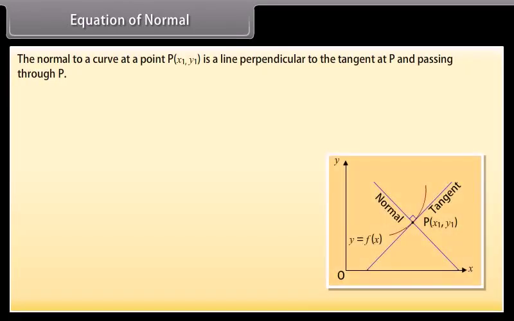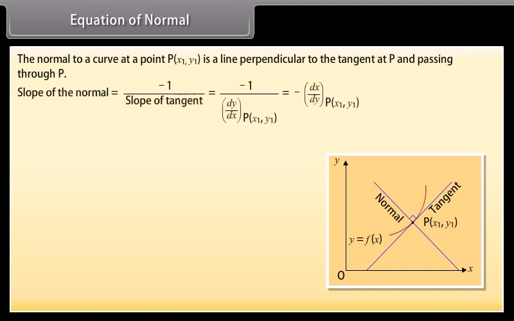Equation of normal. The normal to a curve at a point P(x1, y1) is a line perpendicular to the tangent at P and passing through P. Slope of the normal is equal to minus 1 by slope of tangent, which is equal to minus 1 by dy by dx at point P(x1, y1), which is equal to minus dx by dy at